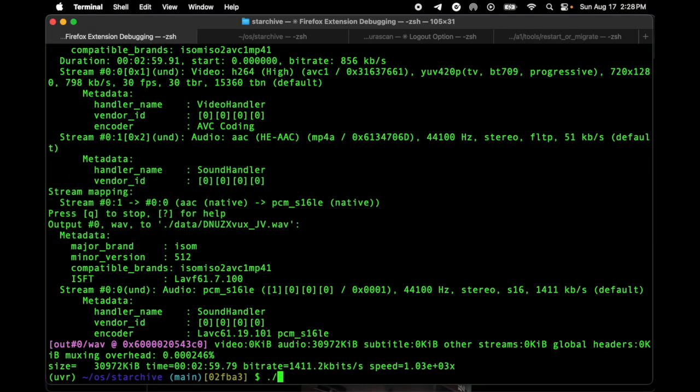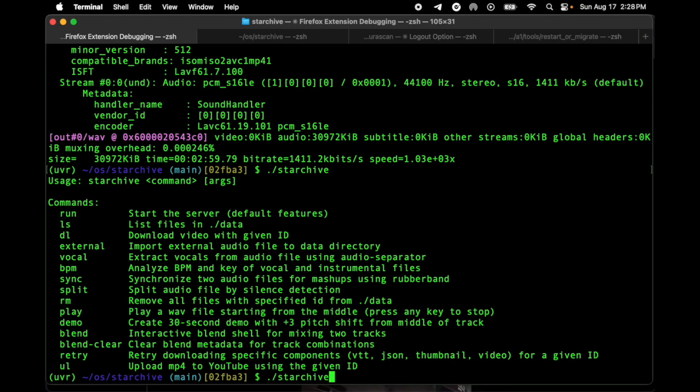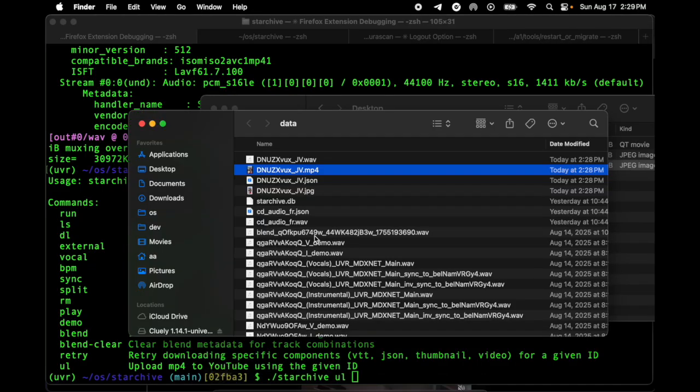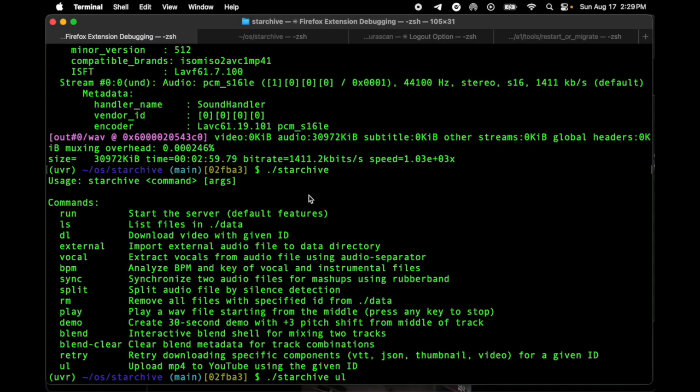We also added to starchive a new command in addition to download called ul. So what does ul do? It uploads. How is it actually doing the upload, and what ID are we going to give it? We're going to give it this ID, which by the way is an Instagram ID, not a YouTube ID, and they're kind of mixed together in this directory, but the chance of a collision is pretty small, especially if you delete your data folder every day, which is what I do. So I can just say Instagram upload, and what's that going to do?